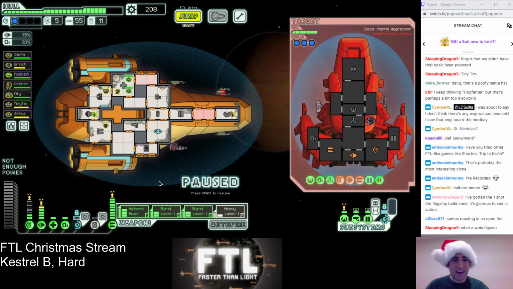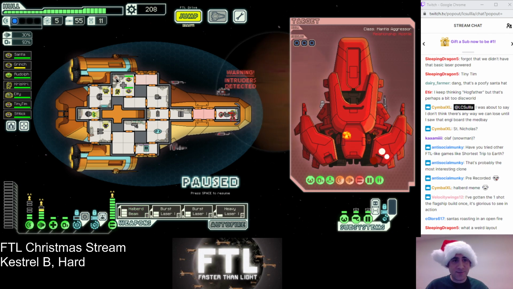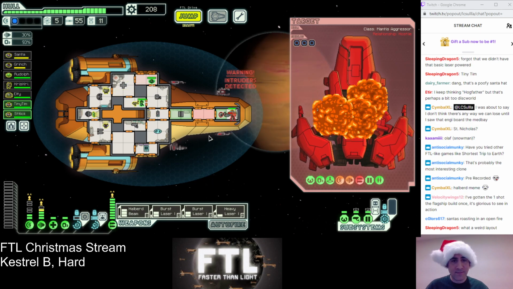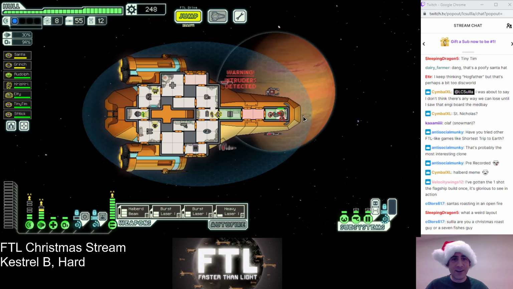So, we can use hacking and that should take out their weapons. There we go. Oh, the pilot's room, you fiends! They just teleported off that ship. Alright, well, we got a hull repair. Not that we really needed it there, but...